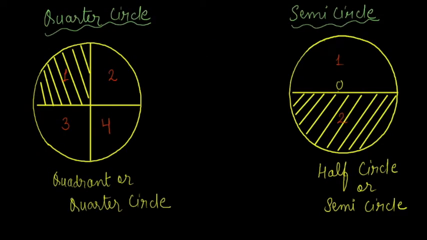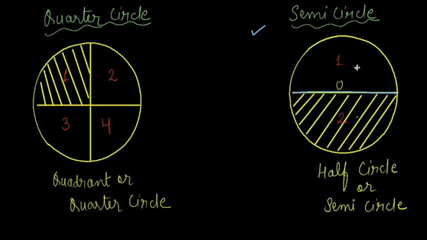Now, this is very interesting, quarter circle and semicircle. So basically, if I see first the semicircle, what is a semicircle? If I draw a line, a diameter from the center of the circle, what will I get? I will get 1 and 2 semicircles. So a semicircle is half of a circle which is formed by cutting a whole circle along a line segment passing through the center of the circle.